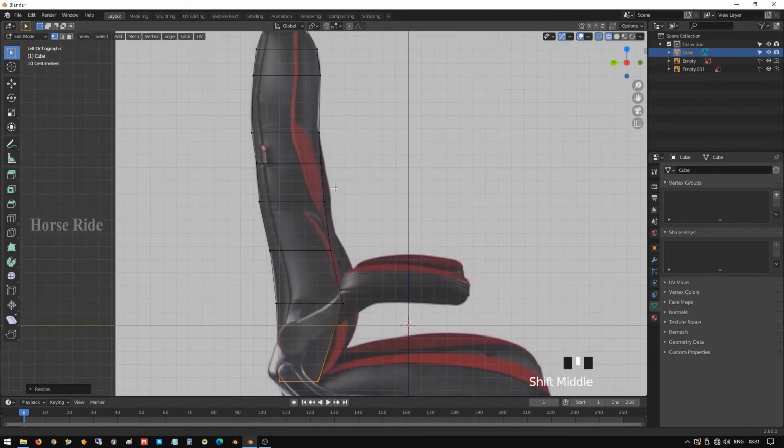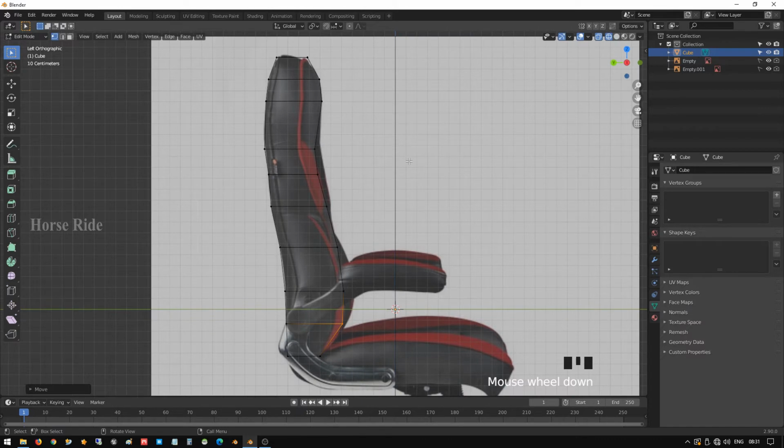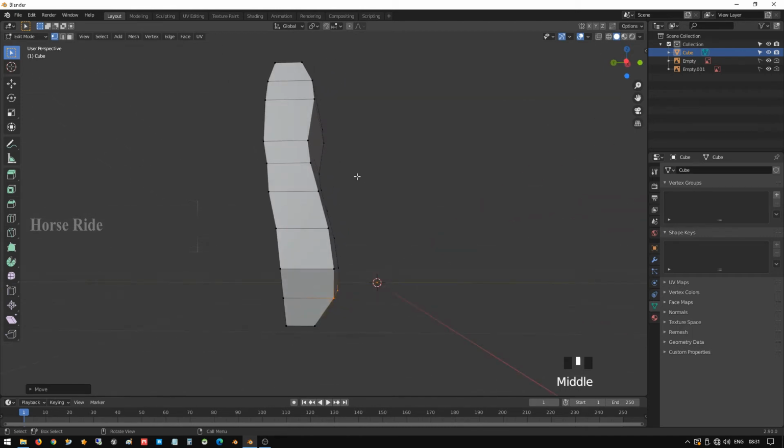Shift Z, and let me make this one a little bit inside, GY, GY, to come a little bit front, and this also GY. Okay, and this also front, GY, and let me create one more edge loop here in the bottom to align this one, GY. Okay, fine, better I hope. So Shift Z. Okay, now it looks a better shape for this.